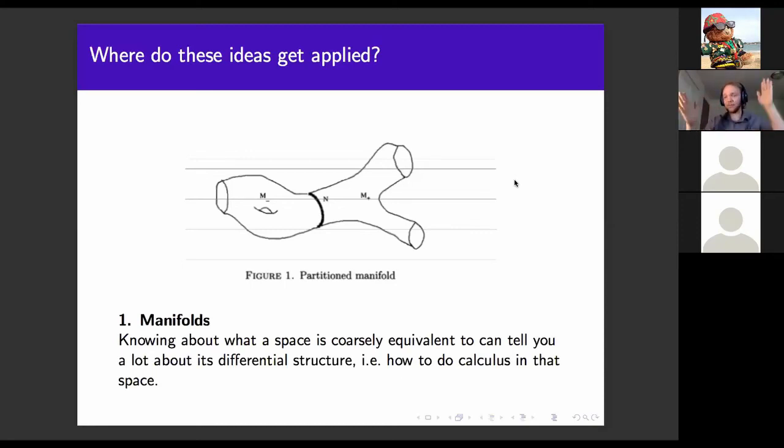So, but you're saying that coarse geometry studies metric spaces. Then is that what you're saying? Most of the applications are in metric spaces, but the abstract framework is based very strongly on uniform spaces. What you do is you just reverse a couple of the axioms. So if uniform spaces are supposed to generalize things which are refined by epsilon balls, if that makes sense, then coarse spaces are supposed to generalize covers which are refinements of R balls. So you don't want positive Lebesgue number, you want bounded diameter.